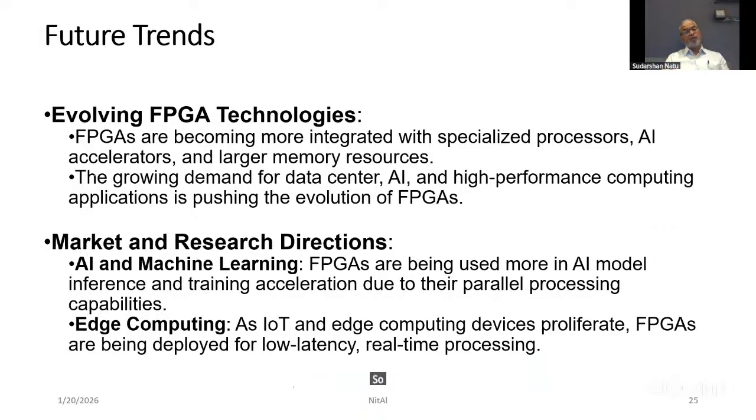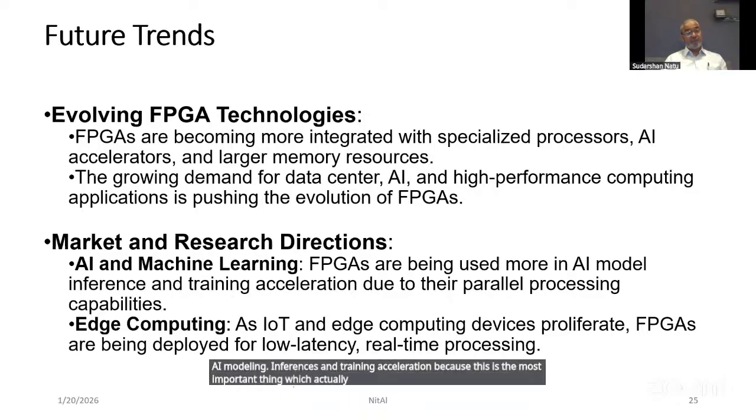So all the new technologies you see available today in SoCs, people are trying to put a small part of that into the FPGA, and this will keep on evolving, because FPGA vendors see this as an opportunity to go to market pretty quickly, and people will keep consuming it. So AI and machine learning is a large focus. FPGAs are being used in AI model inference and training acceleration,